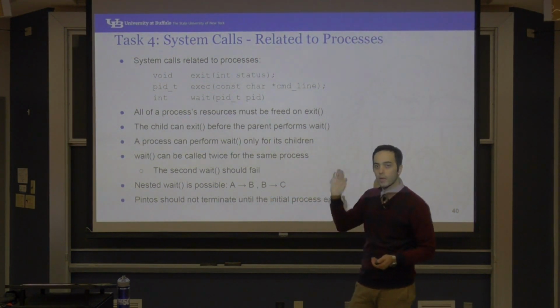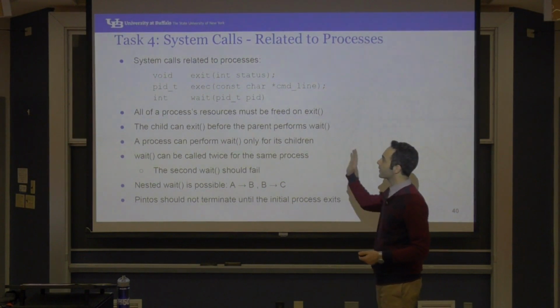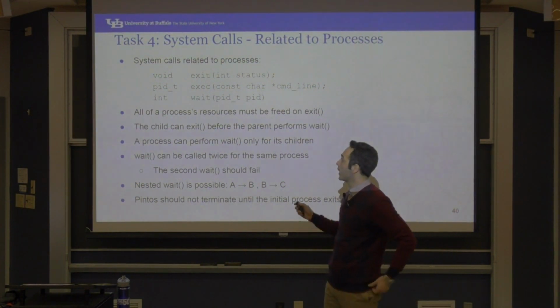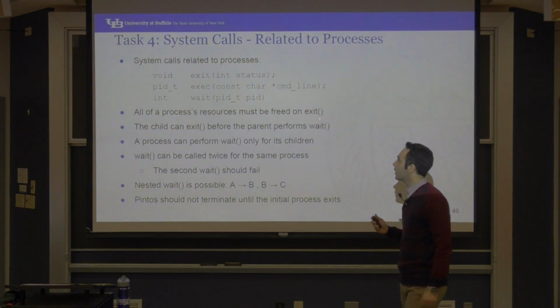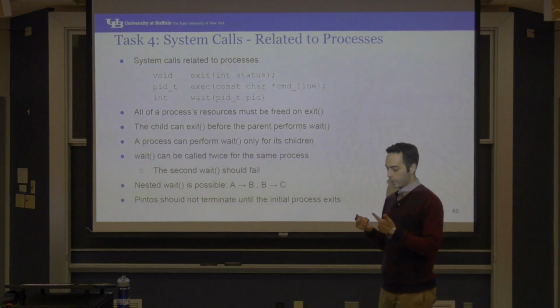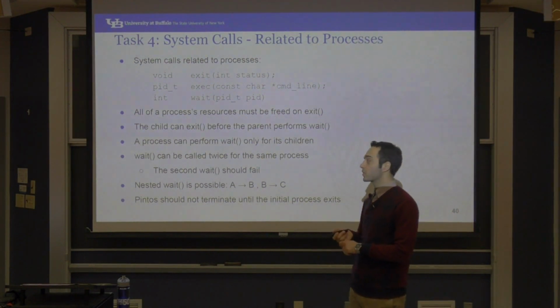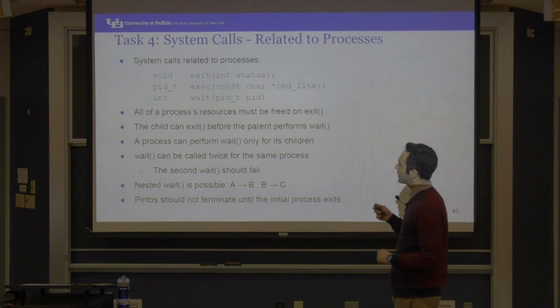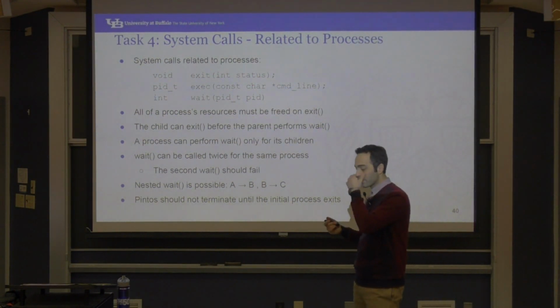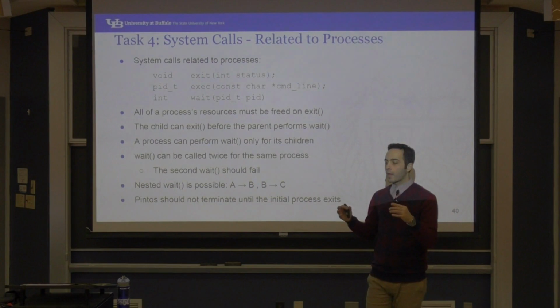I'm just going to say bye, and that's what I'm leaving behind. So this is an exit system call, and upon this system call, the operating system should free the resources of a process, the allocated memory which are specific to that process,